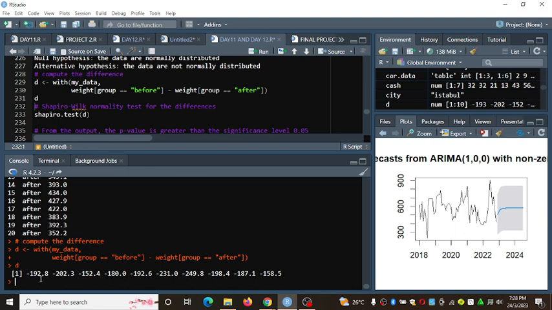So from that point I want to check, is this data normally distributed? Shapiro-Wilk test. The syntax is shapiro.test. Then you just specify your data.